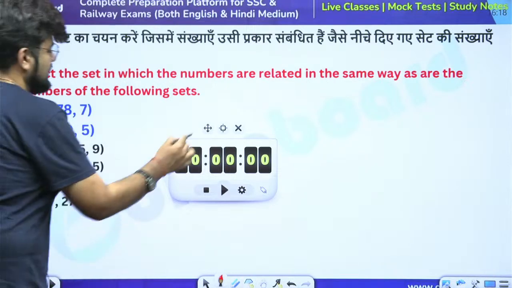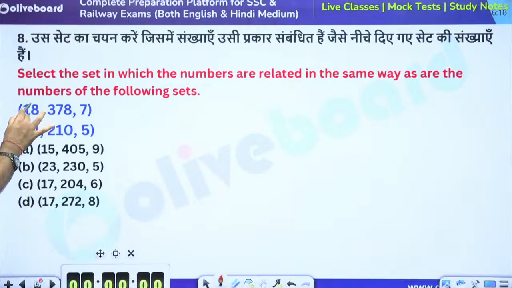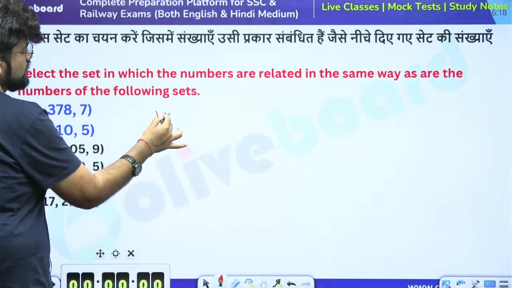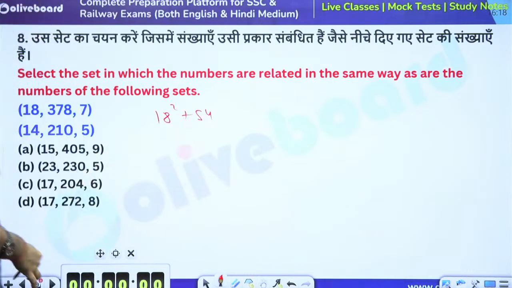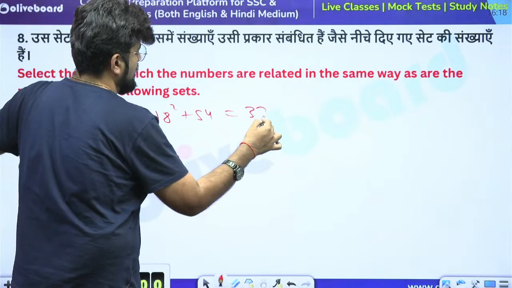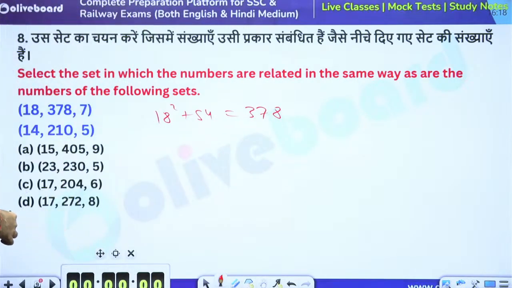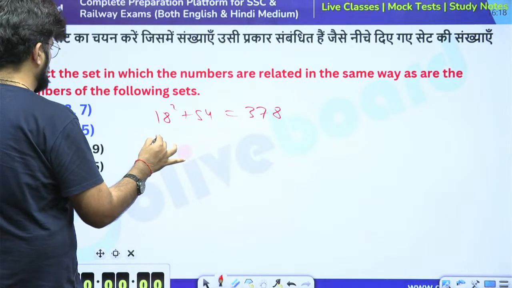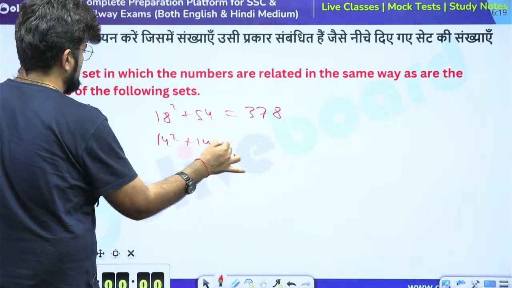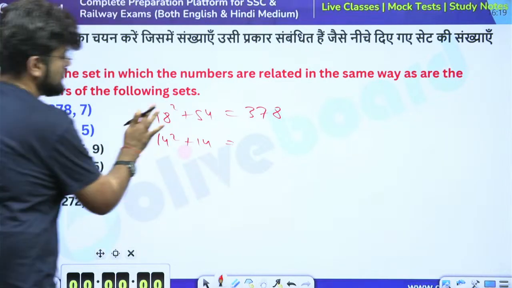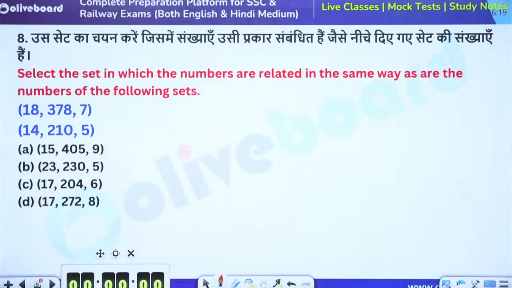Now see, basically if you look at this number, what exactly is happening? This is 18 square plus 54. You can take this to be true, right? 324 plus 54 is 378. And if I say this is 14 square plus 14, that is not making sense. If I just multiply them,